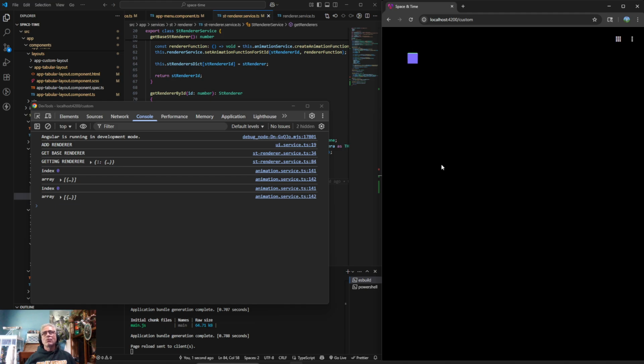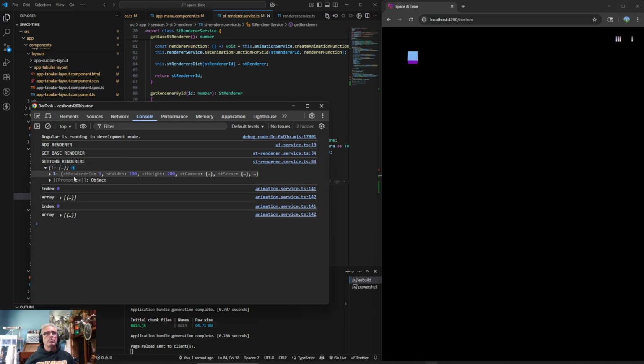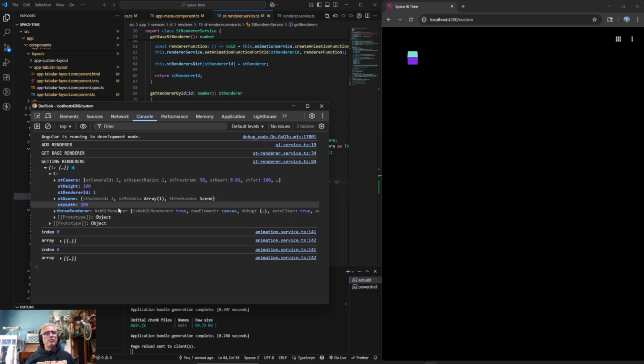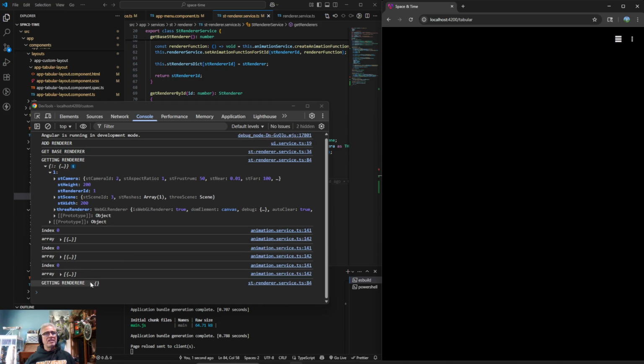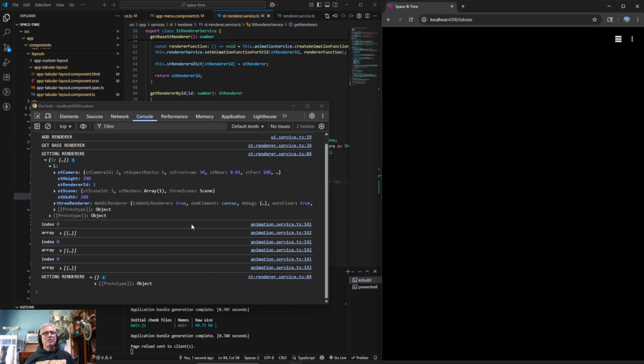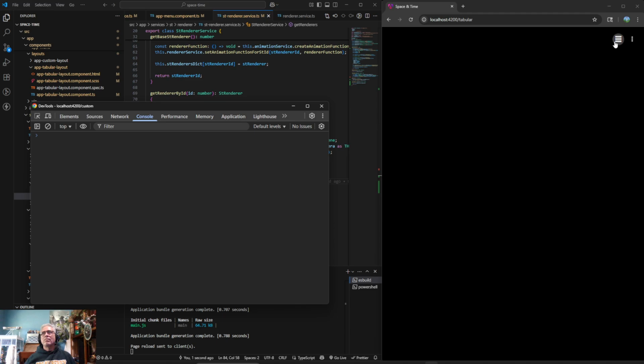Okay, so this is our renderer dictionary. Right, this describes our renderers, our scenes, everything. Now if I go ahead and delete it, then I come back over here. Let's see, let's clear it. Okay, so we're not even trying to get the renderer dictionary. Now if we add one,